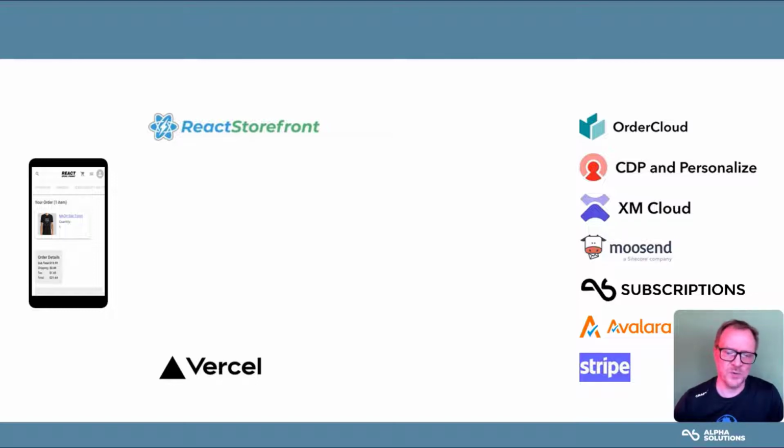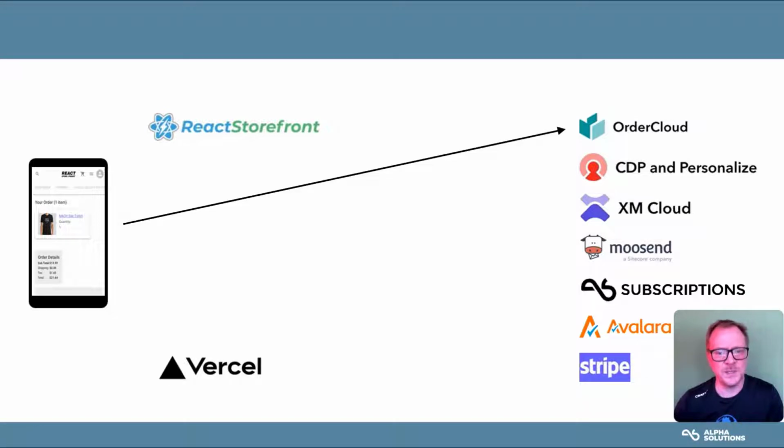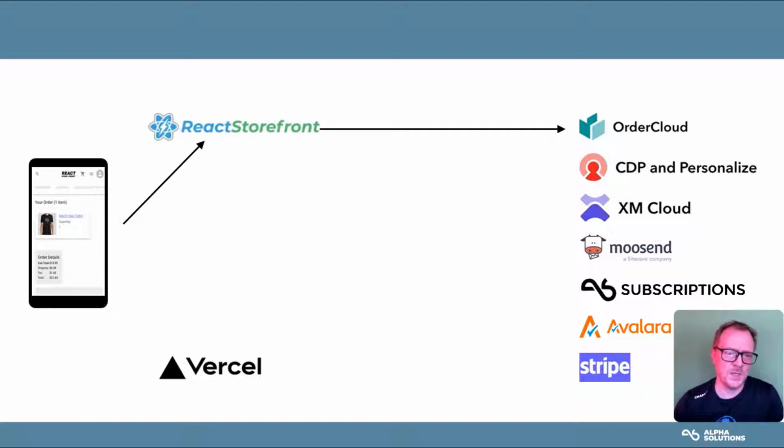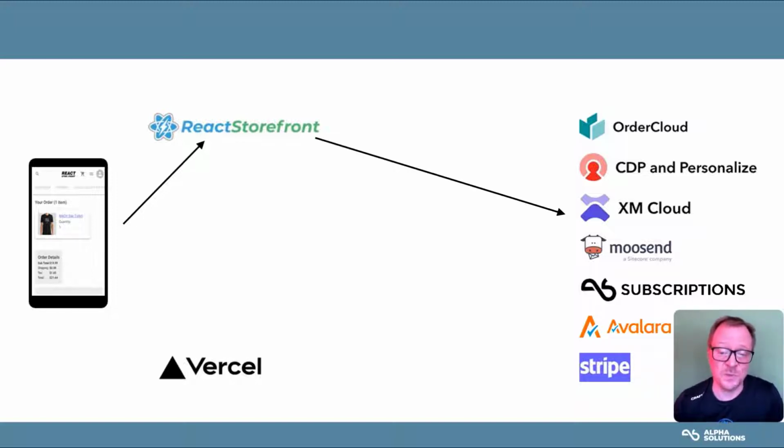An example of how communication could work would be directly from the client, where we need information from OrderCloud, and that happens directly in the client's browser using JS. It could also send events to CDP. You will see that in our demo. Then there's also the option that before a page gets rendered and sent to our client, server side in React Storefront running Next.js, we need to pull some data from OrderCloud, or some information from our CMS, XM Cloud.